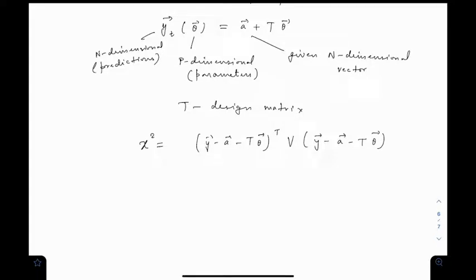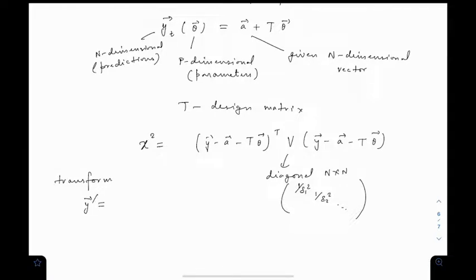So in our case it is just a diagonal n cross n matrix with elements one by delta i square. To simplify the notation, we transform the observations and write y prime as y minus a. This allows us to write